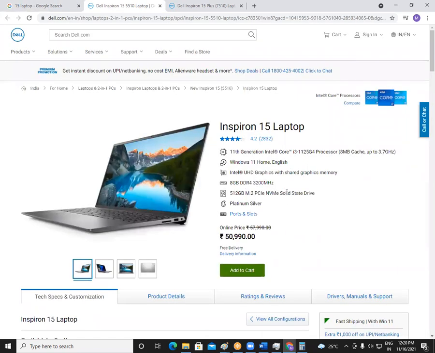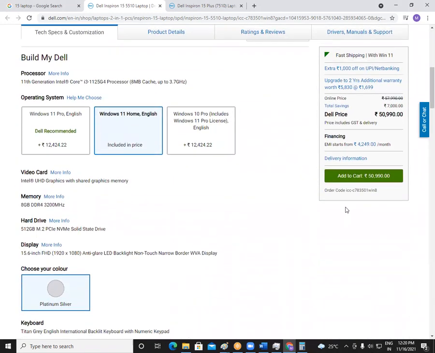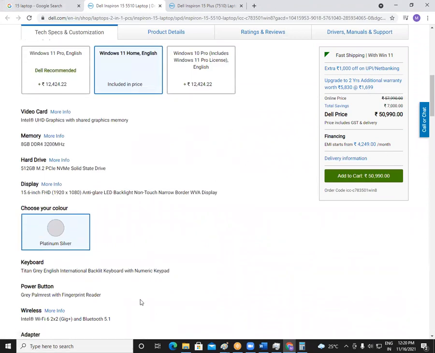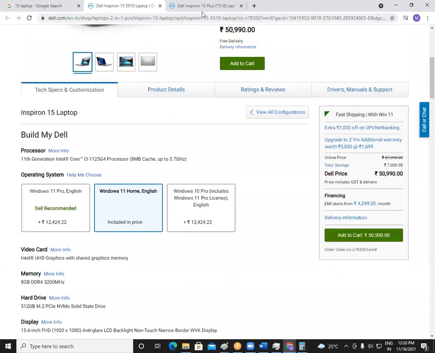Okay, so this laptop is coming with Windows 11, the new version. This is 11th generation. This is Core i3 actually. Okay, and 8 MB of cache memory is here. And the speed is up to 3.7 gigahertz. Memory is how much here? 8 GB RAM is available. So I think these are the specifications here. If you want to see more about this RAM or more about this machine, all the details will be written here. Fine. Let us go to the other machine now.